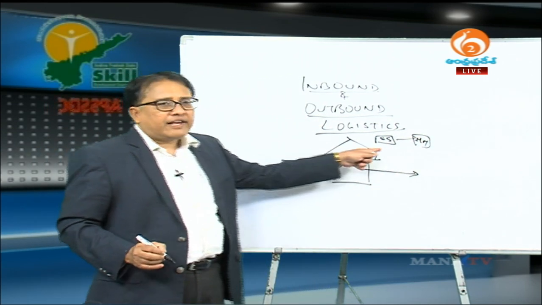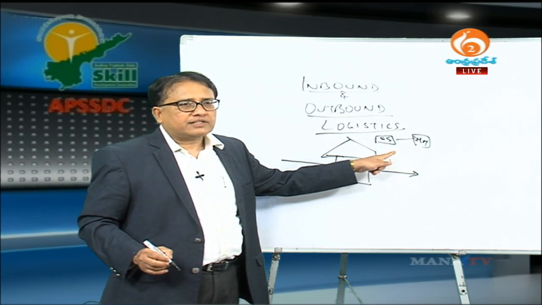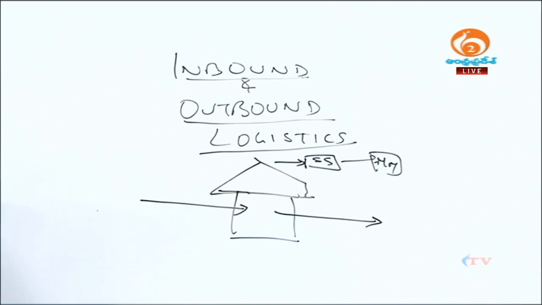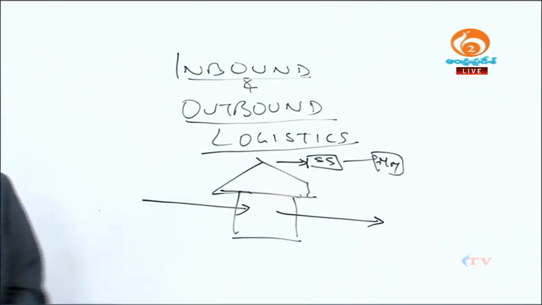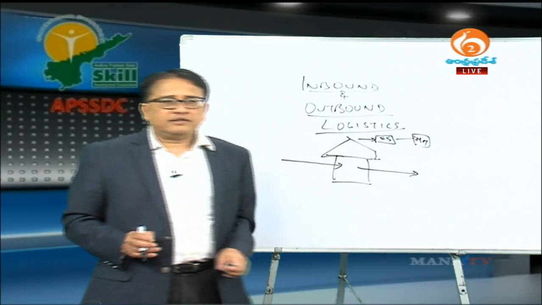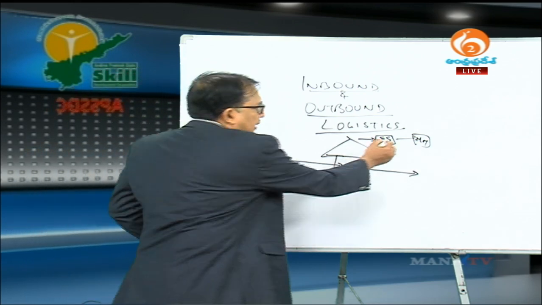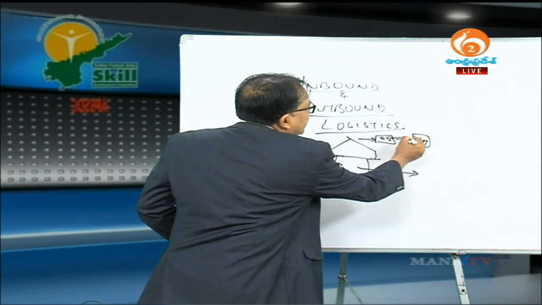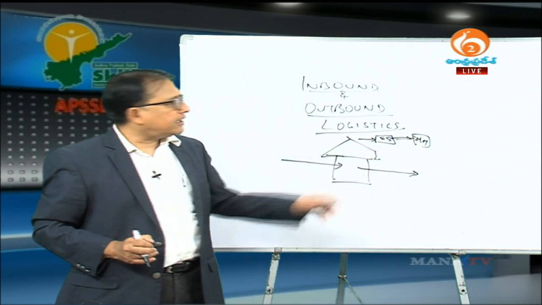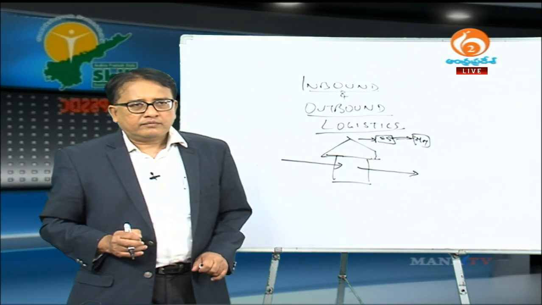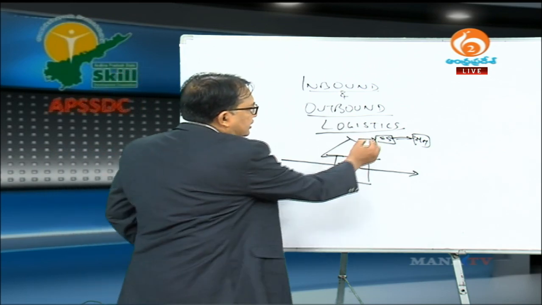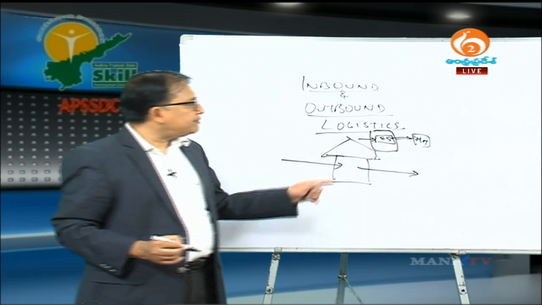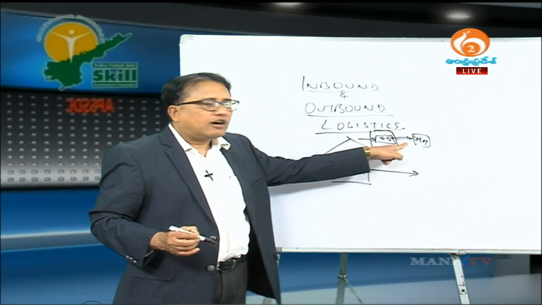As a supplier, as a particular company, he would have inbound logistics. He would be receiving raw materials from his suppliers. Once the goods are processed, the final goods are sent to his customer, and for him the customer is the manufacturer. So, logistics management includes management of inbound logistics and outbound logistics.